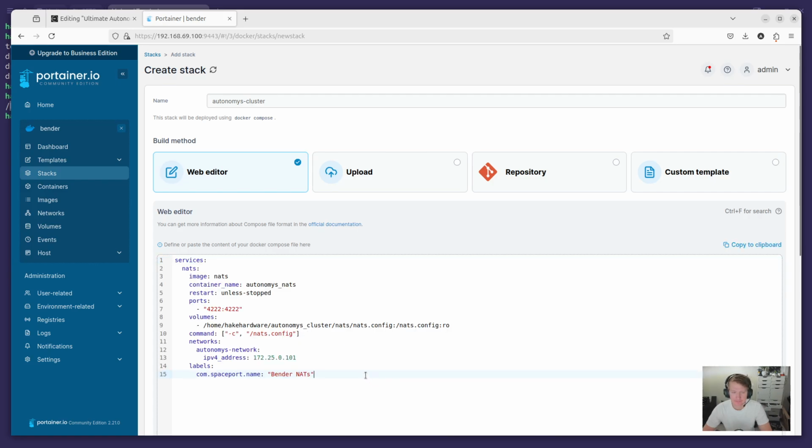So in this first section, there's a few things we need to talk about. We need to update this path to the nats.config file so that it reflects your working directory. So likely you're just going to need to change this Hake hardware to your username. And then a few things to call out. We're setting a static IP address internally on the autonomous network that we created so that we know the IP address for where NATS is going to be. And you're going to see in every single service that we put in here after, it's going to reference NATS